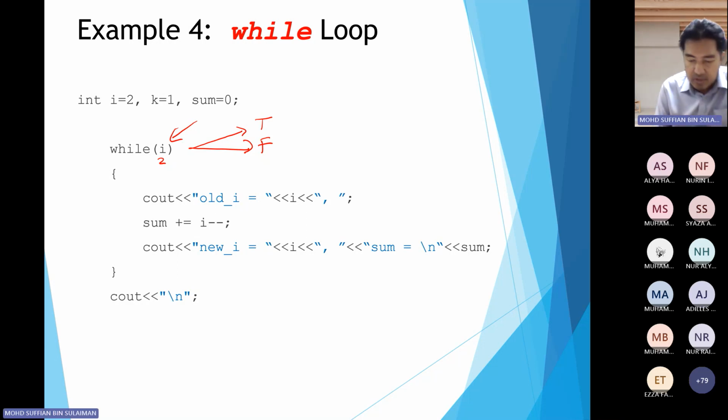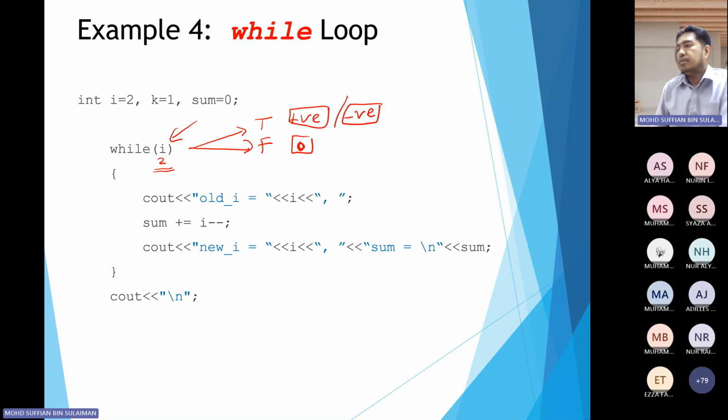True, eh? Why true? Because 2 is a positive number, eh? Positive or negative number, yeah, negative number will be true lah, kan? So only 0 will be false. Okay. So then we execute this